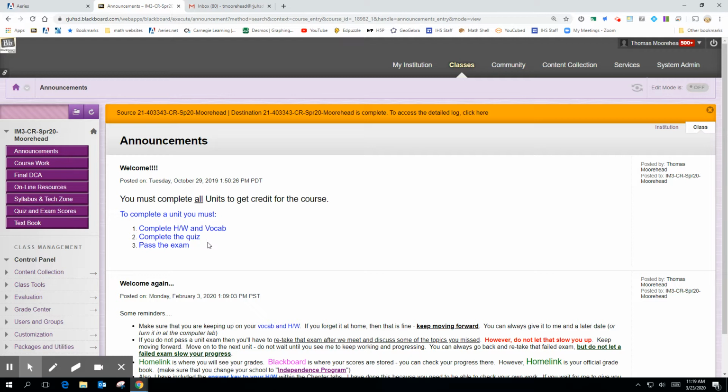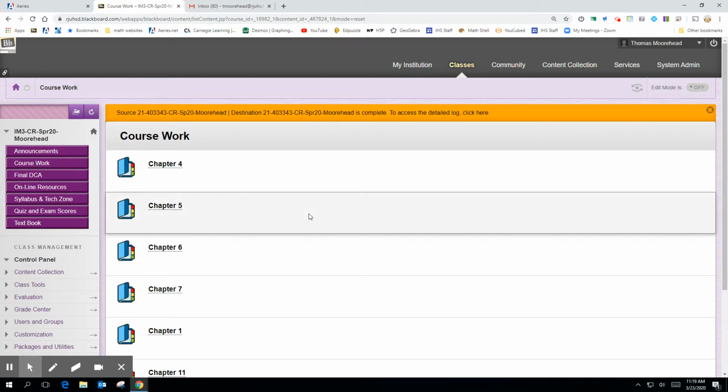So let's go into Blackboard real quick. I know normally when we have an orientation, it usually lasts like an hour. I will try to make this as quick as possible, hopefully about 5 minutes, and just get you started. When you go into the Blackboard, you'll see these buttons on the left. You want to click coursework. That's where everything is.